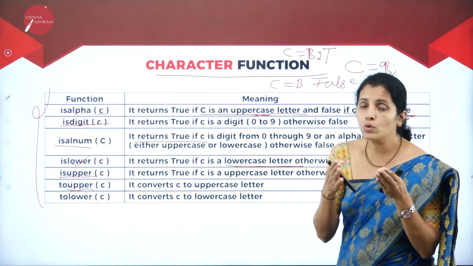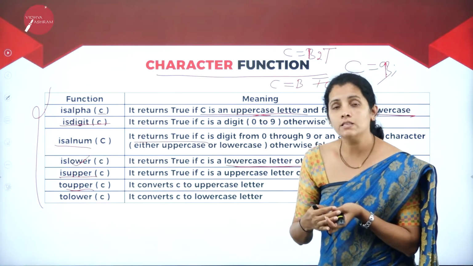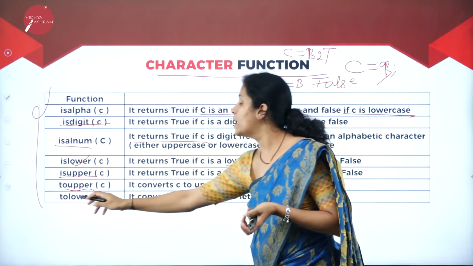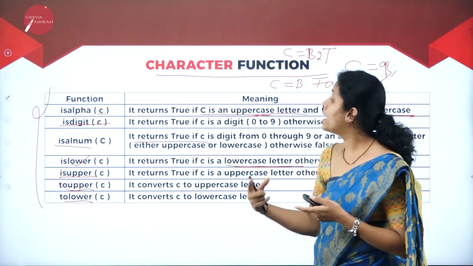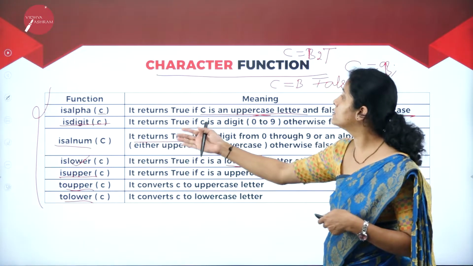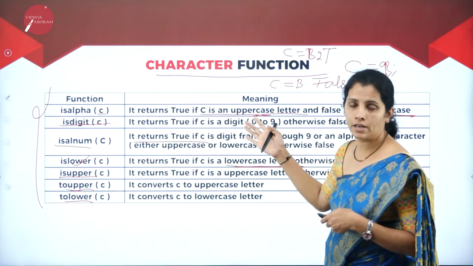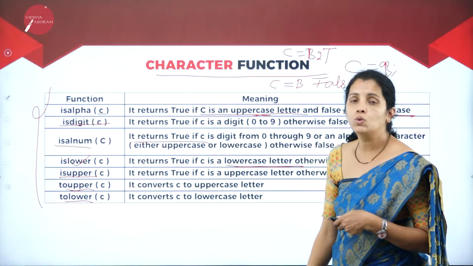And if you want to convert your uppercase alphabets to lowercase alphabets, then you're going to have the function tolower and you're going to pass the variable as the argument. So these are some of the character functions, and these are the built-in functions which are stored in the